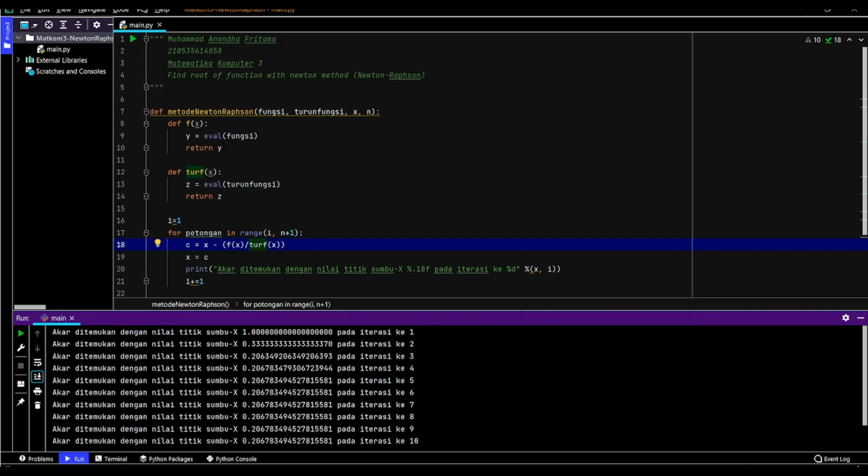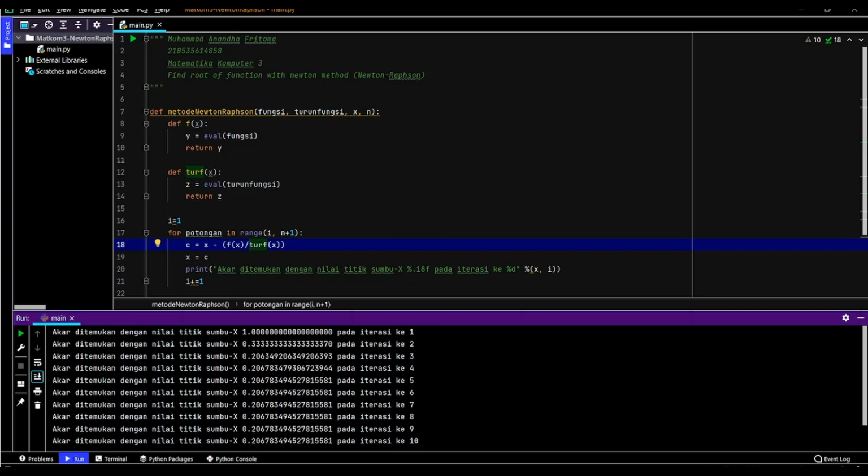My student ID is 21053561458. In this video, I will explain about Computer Math 3, which is finding the root of a function with the Newton method, also called Newton-Raphson. In this program, I write the code in the Python language, and I define a function in line 7, a function called Newton-Raphson that has 4 parameters: fungsi, turun fungsi, x and n, and I will